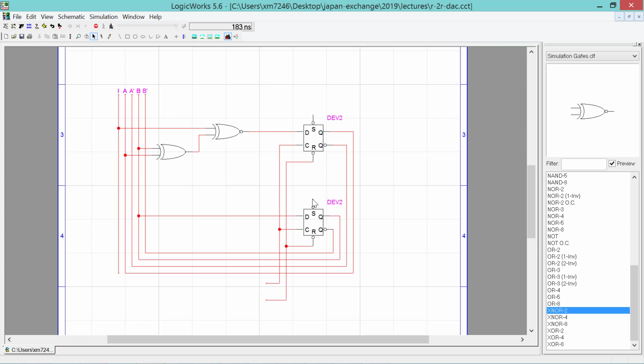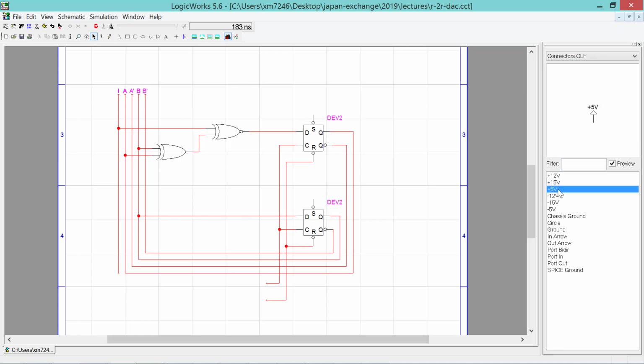And then we don't need this set pin for either of these flip-flops, so what we're going to do is tie it to a logic 1. In LogicWorks we're going to go to connectors, the plus 5 volt symbol, and then just connect it at the top of each of these D flip-flops. And now